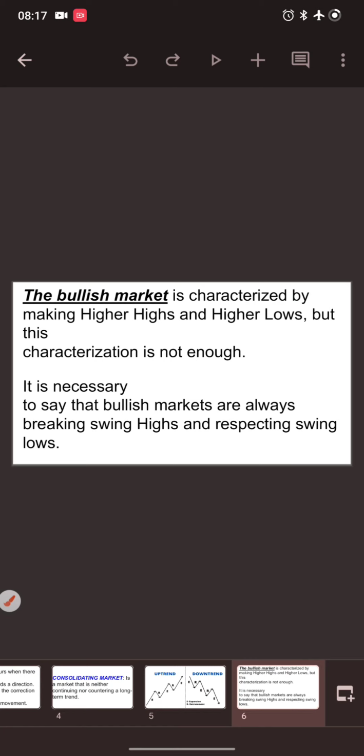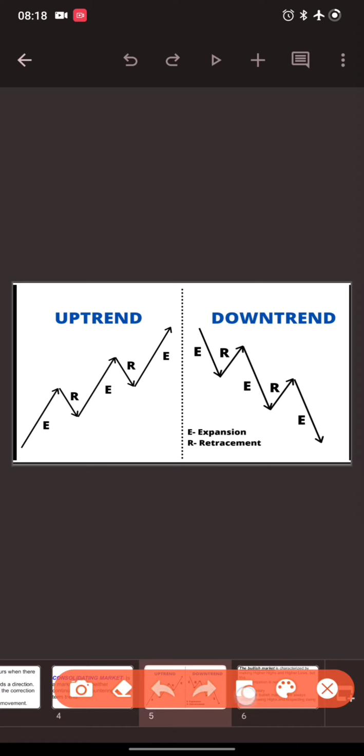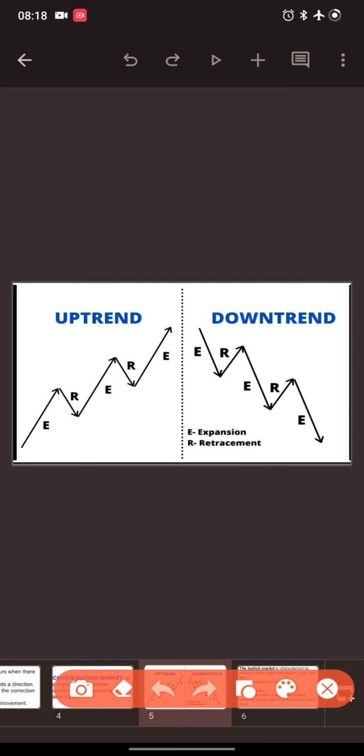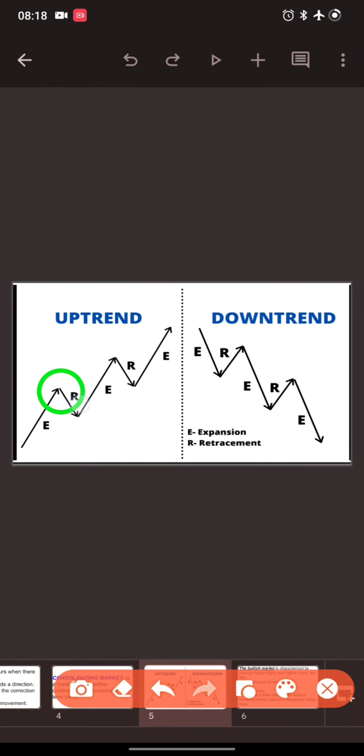So I don't think I have to explain what a swing high is. Let's go back to this initial diagram. A swing high now is basically the high that was made before. So this place here is called a swing high. That is a swing high. This is a swing high. You understand? So for a bullish market now, they said a bullish market is making higher highs